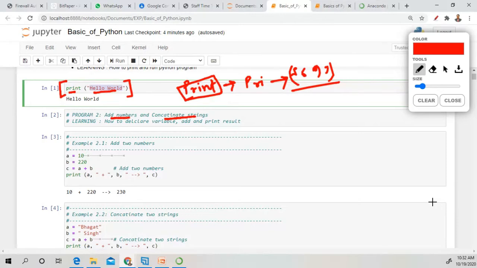So first, how to write a program and how to create some variables.